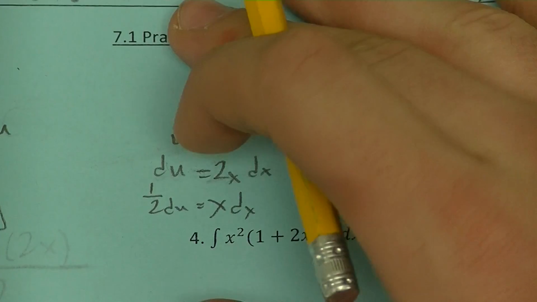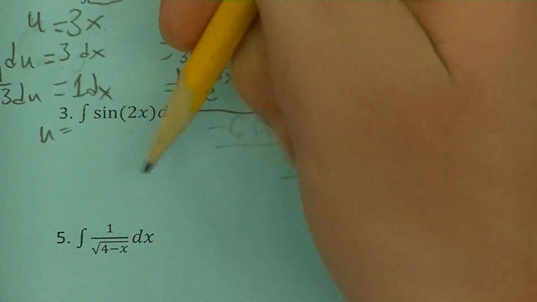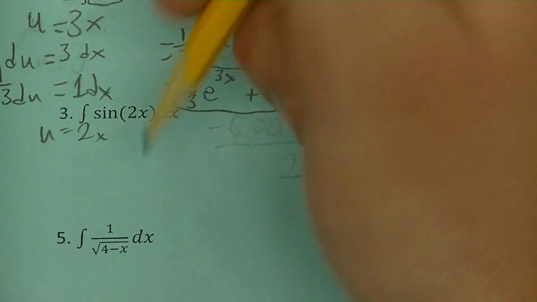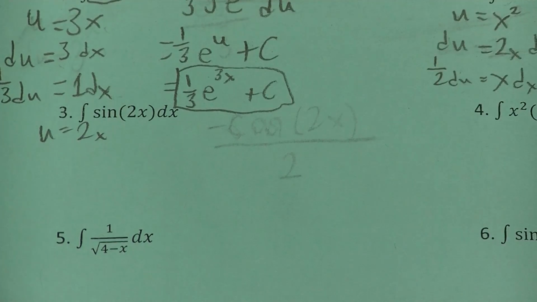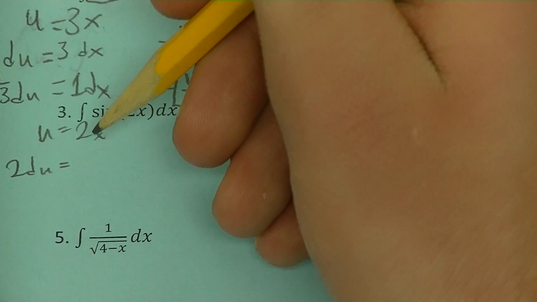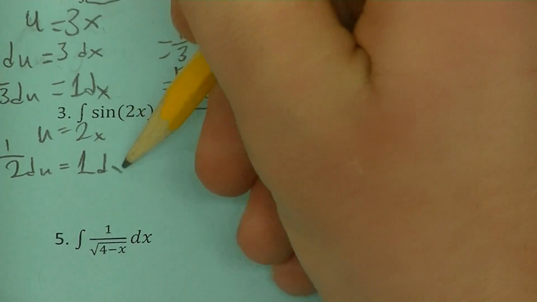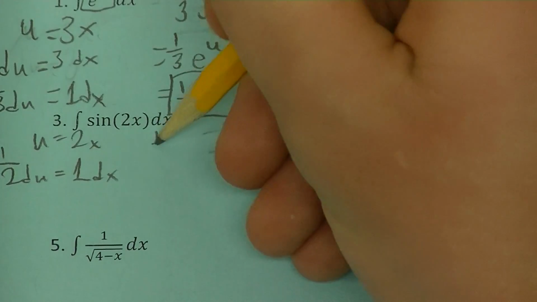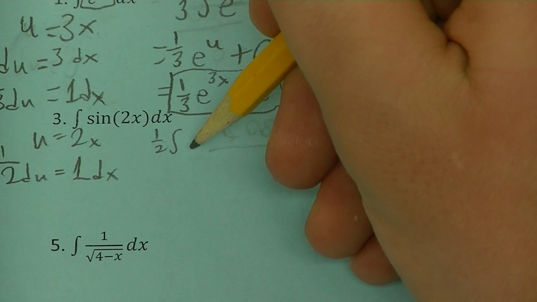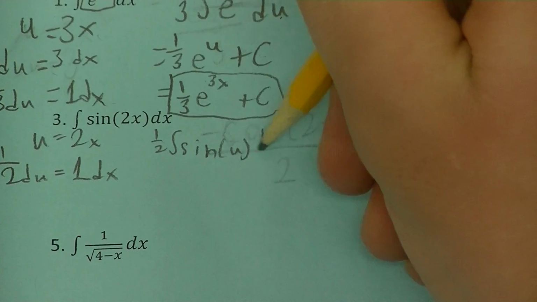So our next few examples are also pretty simple. In this case, with number 3 over here, we're just doing the same kind of thing. u equals our 2x. There's no other 2 outside here, so we're going to have basically a 2 du. Sorry, 1/2 du. I keep forgetting to do that. Equals 1 dx. So that we can rewrite our original function as the cos of the sine of u du